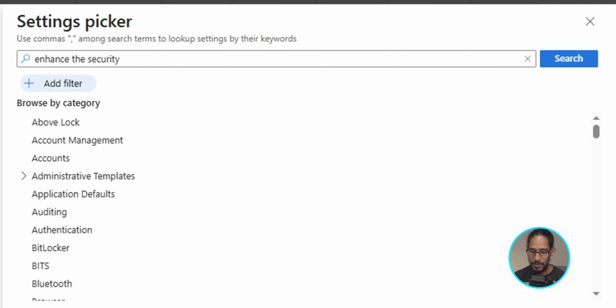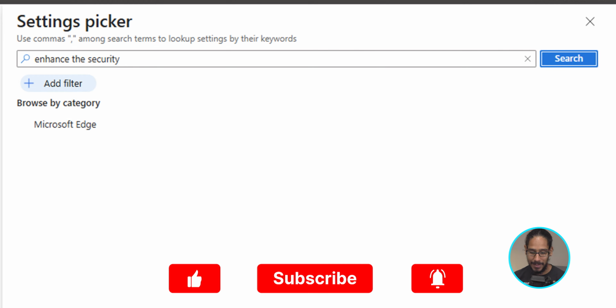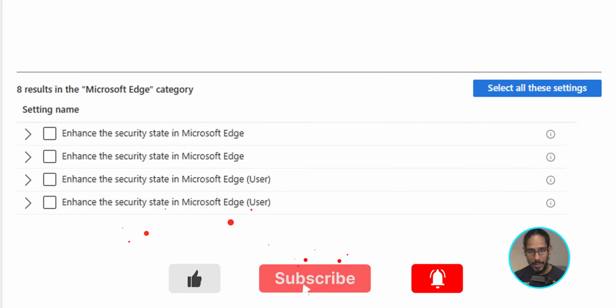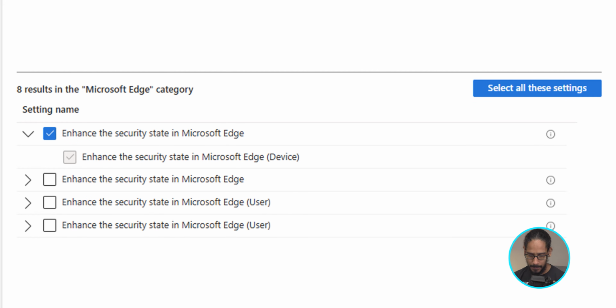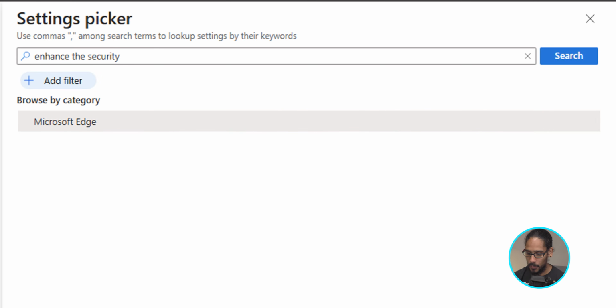As soon as you do that, it's going to give you this. So select Microsoft Edge. Soon as you do that, at the very bottom, it's going to give you four options. Now, for this video, we are going to focus on the computer configuration. You are able to push this out on a user level, but we are going to do it on the computer level. So we are going to actually select the first one. And as soon as you expand the first one, this is what you're going to select. Again, Devices is going to be for the computer. On the upper right-hand side, we're going to click on the X to close this out.